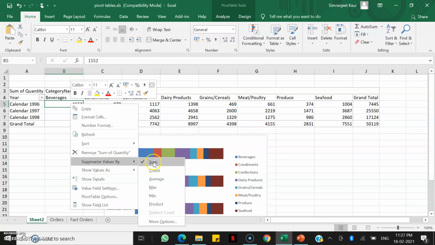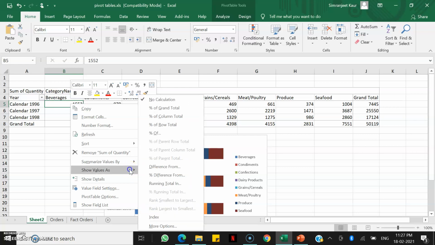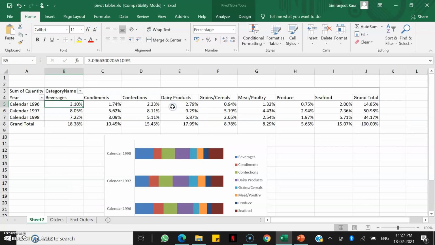Right now I have sum. You can use count also, average, maximum, minimum, or product. And if we go to show values as, right now it is at no calculation. I can show it as percentage of grand total, percentage of column total, and percentage of row total also, right? So I'll just click on percentage of grand total, right?